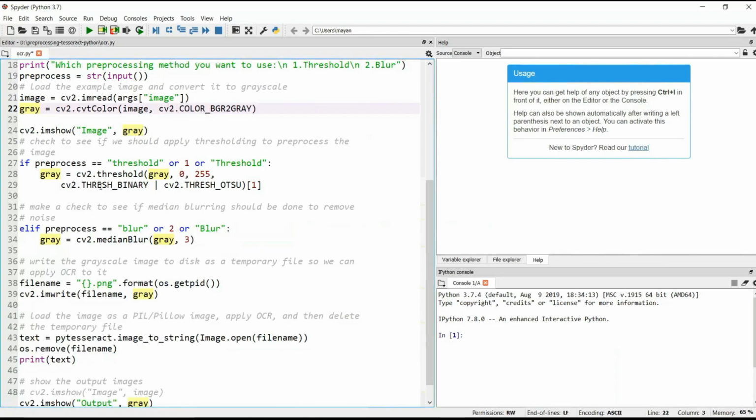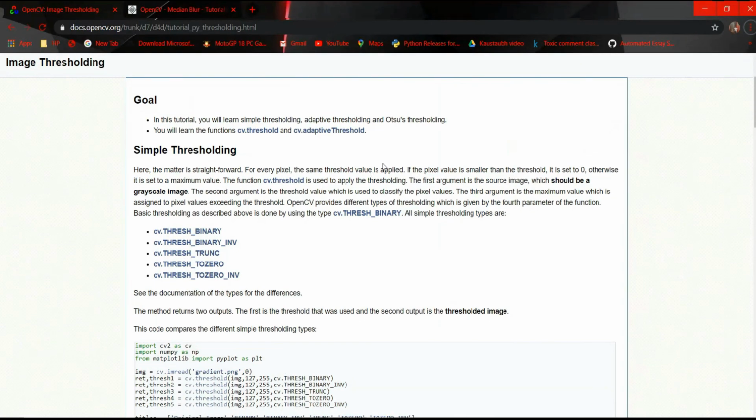Now our threshold function consists of four arguments. If you want to know what these arguments are, you can also refer to the documentation here. It is clearly mentioned that the first argument is a source image, and it is compulsory that our image should be a grayscale image for simple thresholding.